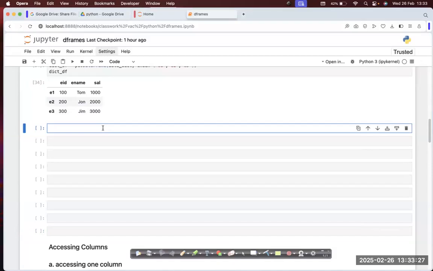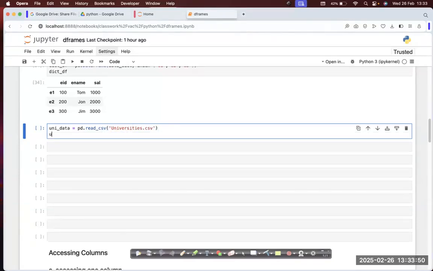So we'll say, I'll call this some uni data or something. So uni data is equal to pd dot read underscore CSV universities.csv. And now if you see what is there in uni data,